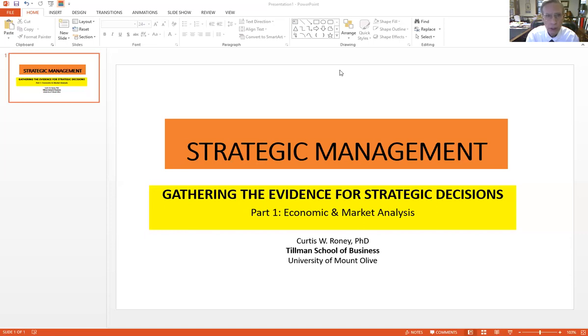As well as some techniques for putting together assessment of the external environment, economy, market, and industry, to rationalize the external environment to internal capabilities, essentially to put the two parts of evidence together, evidence about the external environment and the internal capabilities. So with that,